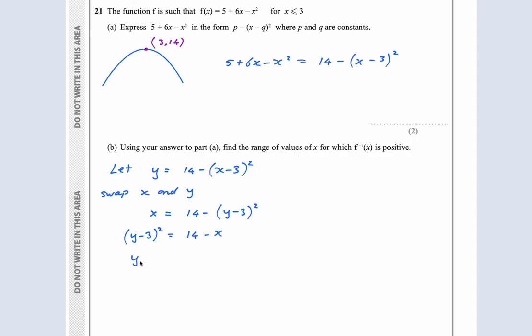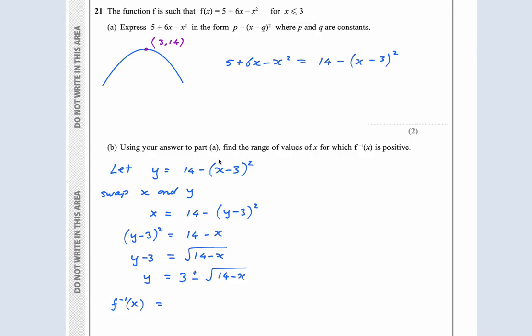Then I'm going to get the square root, 14 minus x, and then I'm going to say y is equal to 3 plus or minus the square root of 14 minus x. So the inverse function is, okay, now this bit